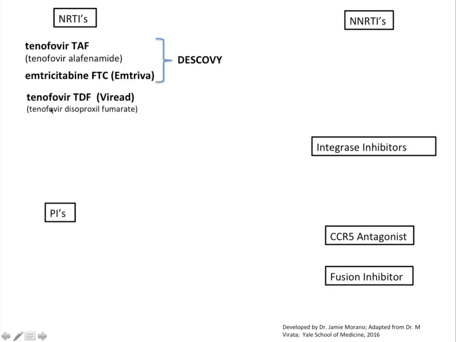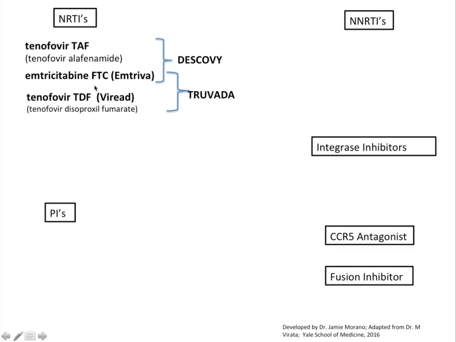Now, this is the older tenofovir, TDF, tenofovir disoproxil fumarate, the brand name Viread. This is the original tenofovir. It would cause renal insufficiency, and it would cause osteoporosis, osteopenia. And this older tenofovir plus the emtricitabine gives you Truvada, which is still first-line therapy for PrEP, pre-exposure prophylaxis, because it has higher extracellular concentrations. So in terms of trying to prevent infection through mucosal membranes,